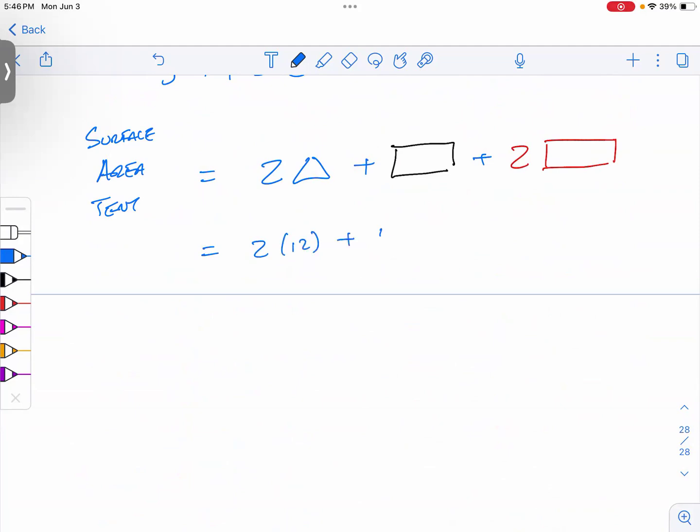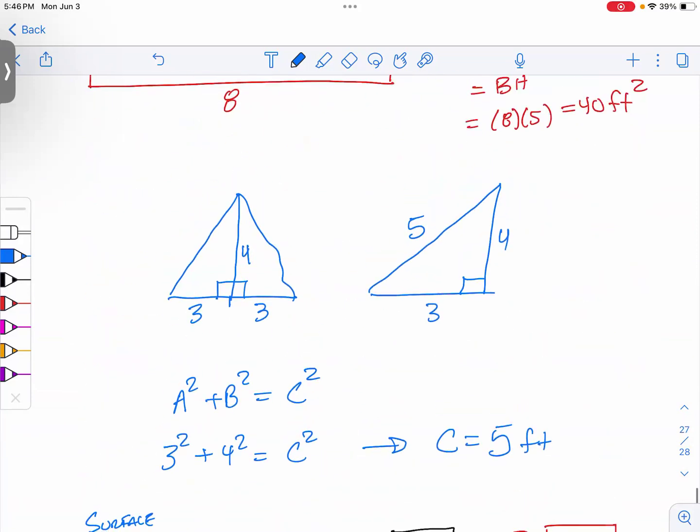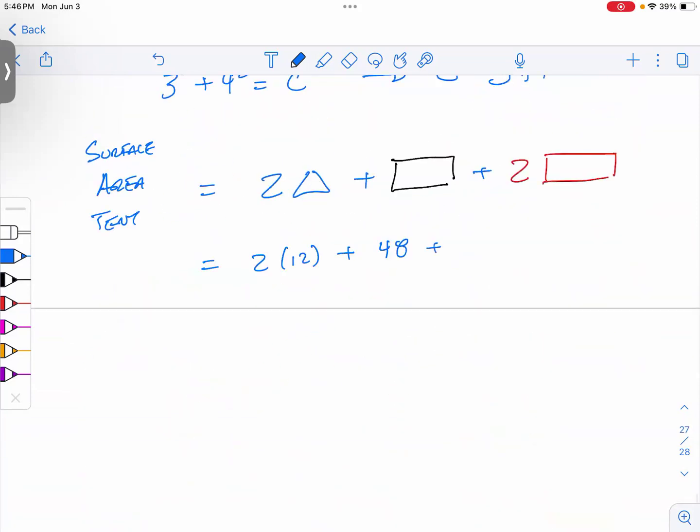Plus the area of our bottom was 48. Plus the 2 sides were 40. Summing that all together gives us a surface area of 152 square feet. And those are the kinds of tricks that I like, the kind of logic that I want